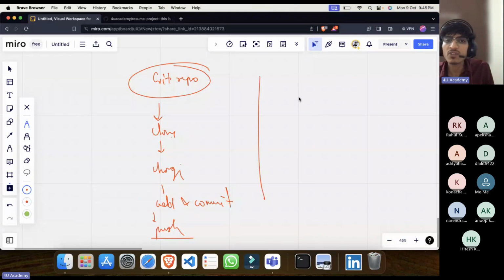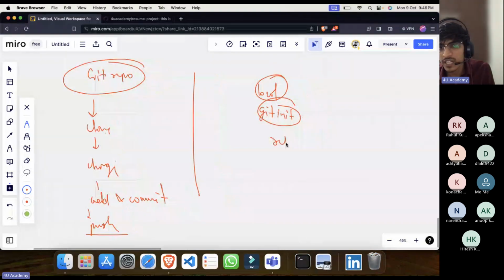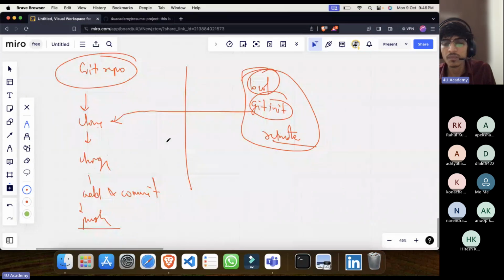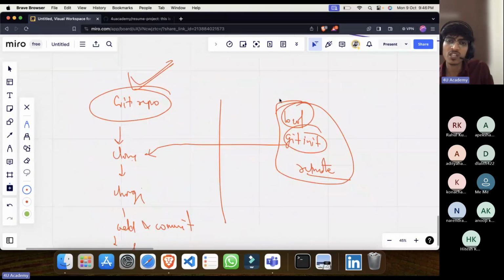Okay. The other way was first we do a local repo, we do git init, right? And then we connect it. So all these three steps are just done by cloning it. Cool. And then change, add and all, same thing. So mainly we will follow this approach. But if you are working on a solo project, then of course you will follow the other approach. So I have explained both approaches to you.